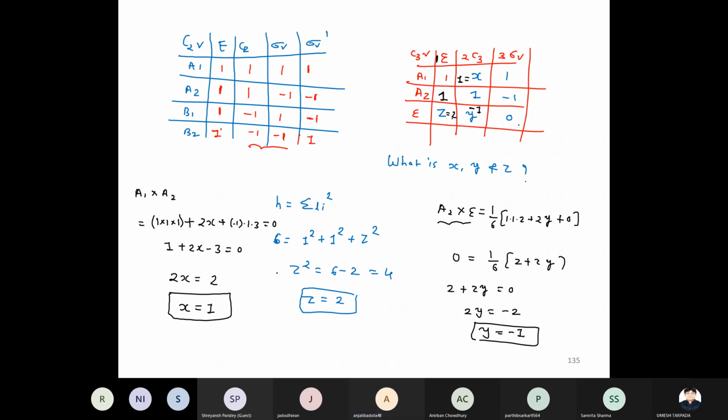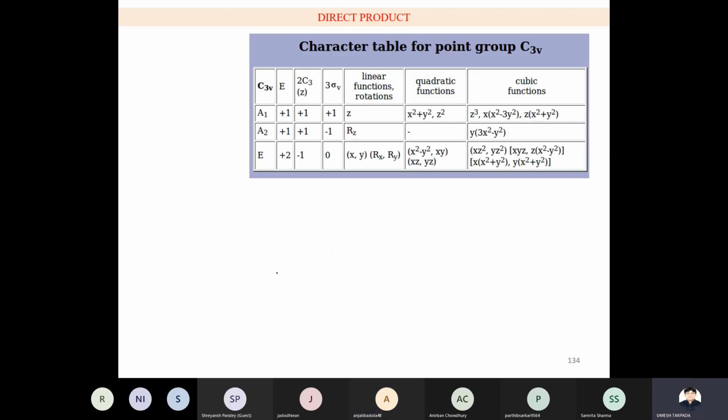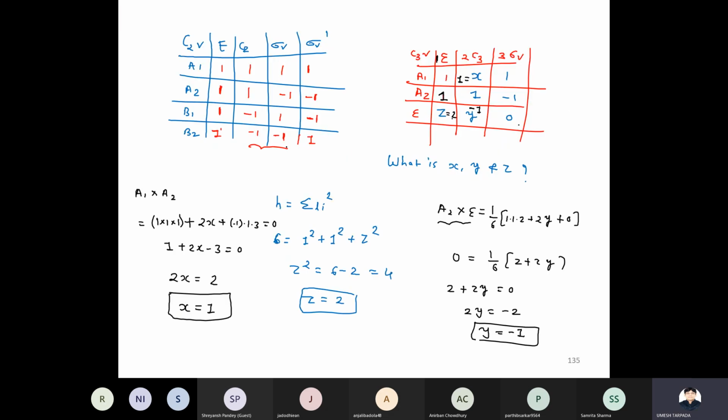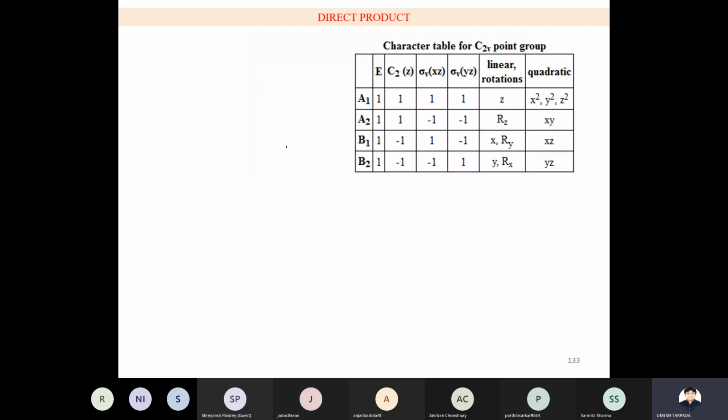Yes, sir. Okay so see this is the way you can calculate. See, look at here, it is a plus 1, it is a minus 1, it is a 2, whatever missing value you have calculated, same you are getting. So see, this is another application of those 5 important points or rules. So now next we go for the last point of this chapter, that is called how to get the direct product. Okay, how to calculate direct product? So see, direct product may be A1 cross A1, A1 cross A2, or you can have a